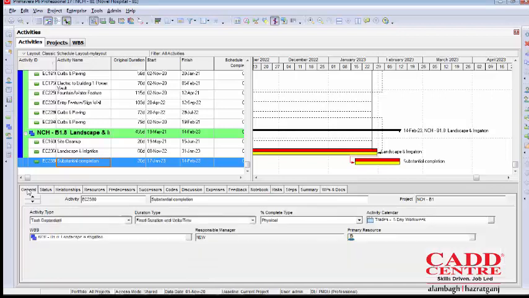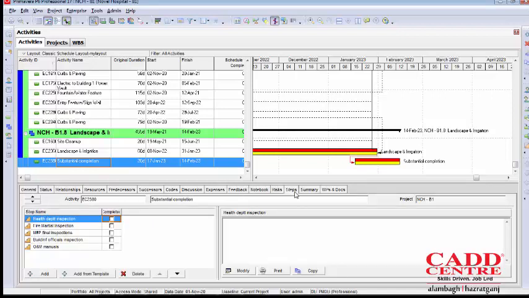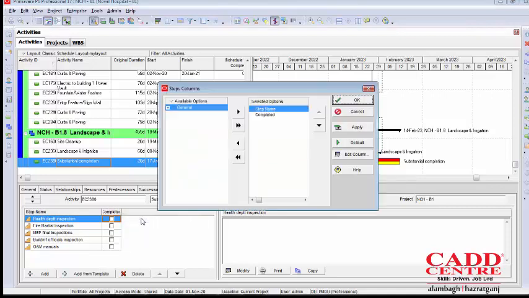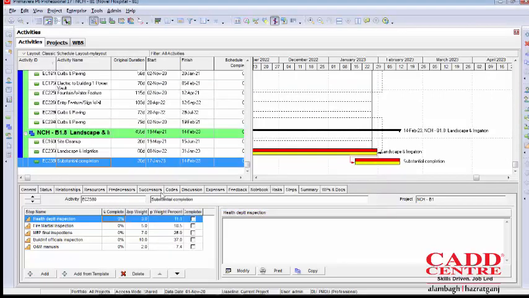Now I am going to the general tab and I am making the % complete type physical, and I'll move to the steps window again. Let's open some additional steps columns in the steps tab. To do this, right click on one of the column heads, choose customize steps column, and we can select all these columns and close. This gives us the complete range of columns to work with.